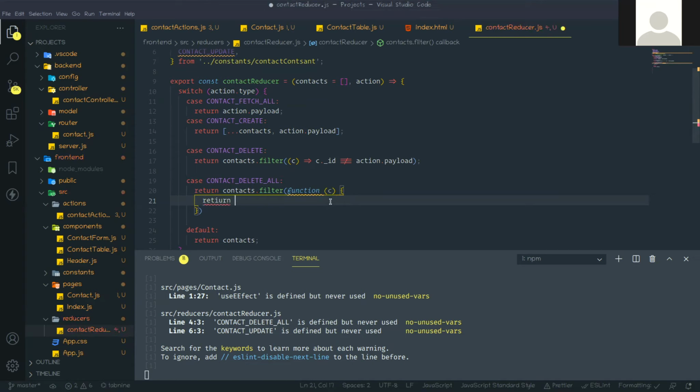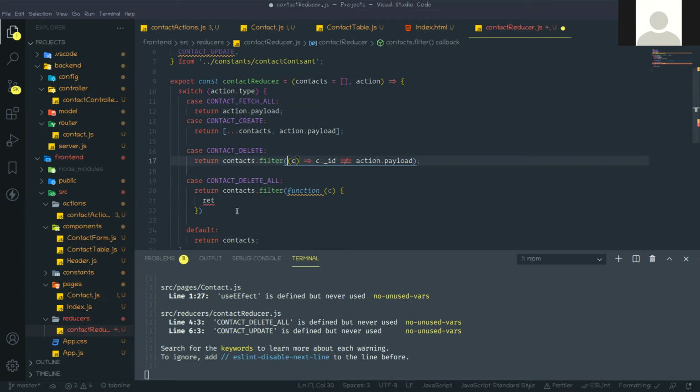Return. Why am I creating an arrow function here and a normal function there? It is for all the viewers who have a lot of experience with JavaScript, and for those who haven't yet.